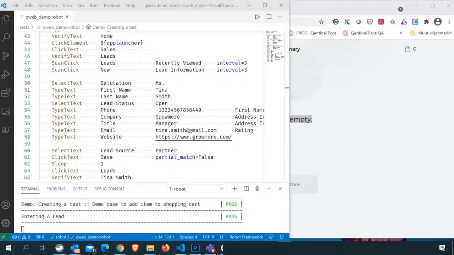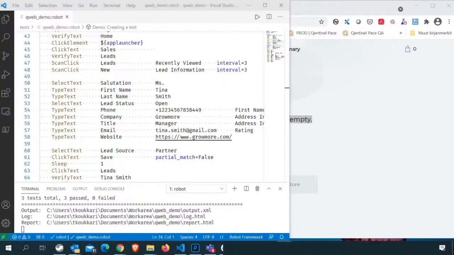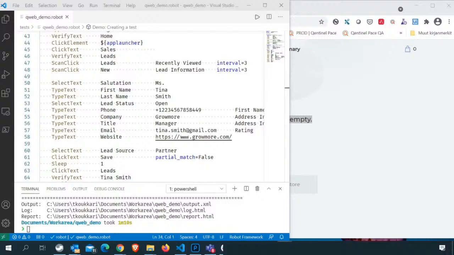That's it. In a nutshell, even with this web application that has a very complex DOM, QWeb should work exactly the same as with more simple web applications. The whole point is making test automation maintainable. So if you try to read the script, you probably understand what is happening there. Last thing,